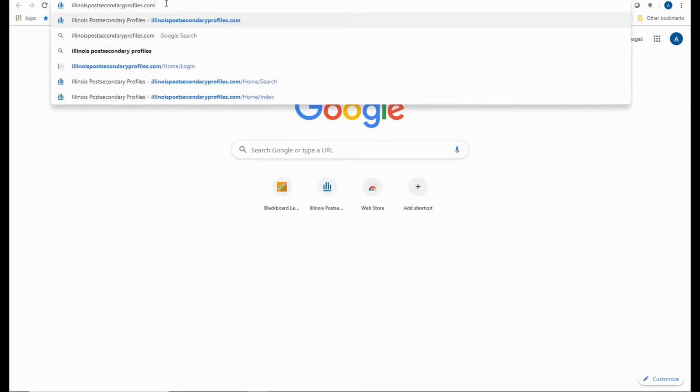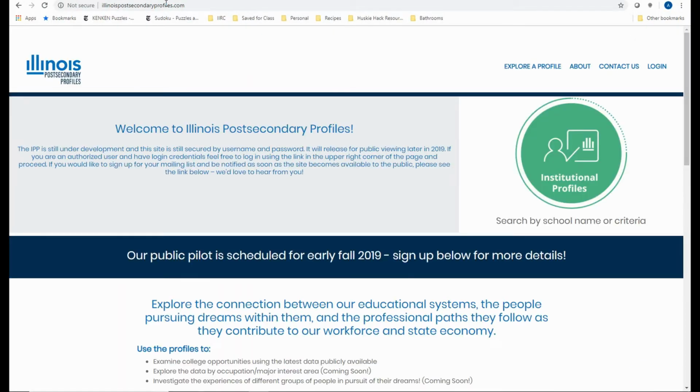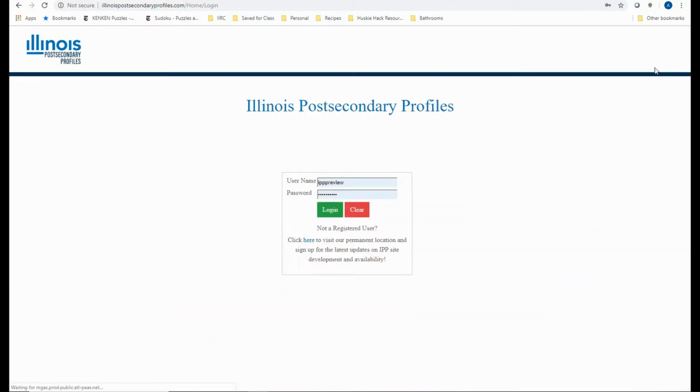The Illinois Post-Secondary Profiles can be located at illinoispostsecondaryprofiles.com. If you are visiting the site during our secure preview period, you'll be presented with a landing screen or a home page that welcomes you and provides some information about the public pilot, but is not interactive and does not allow click-through. You'll need to click on the login button in the upper right-hand corner of the screen